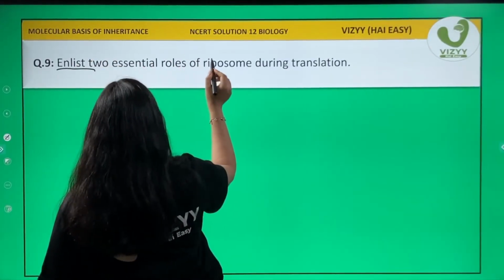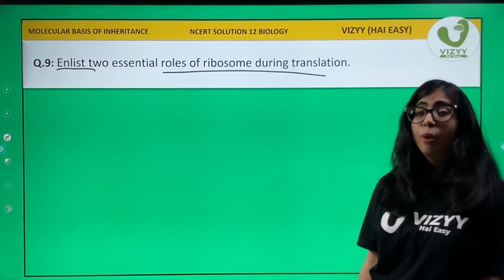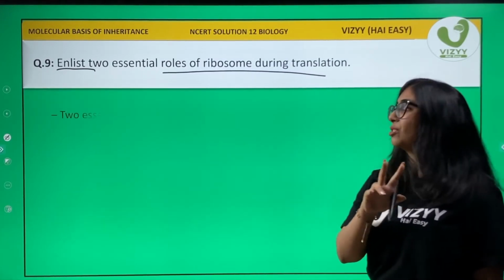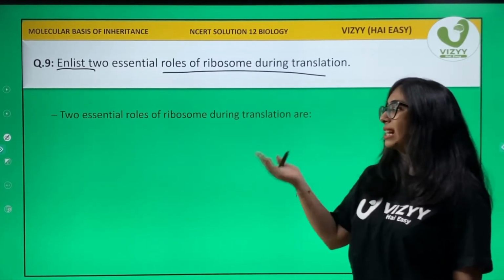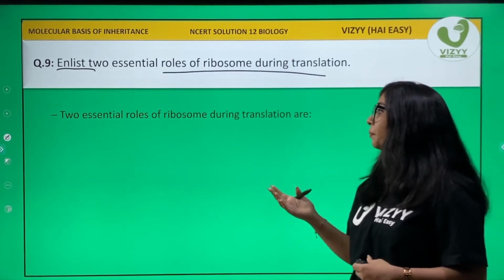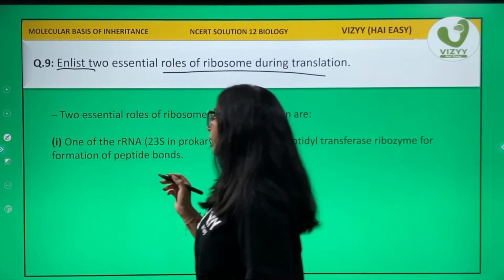Enlist two essential roles of ribosome during translation. What? We need to write two roles of ribosome during translation. So let's start. Two essential roles of ribosome during translation are, one of it is,